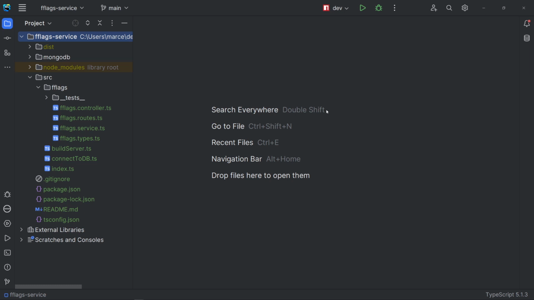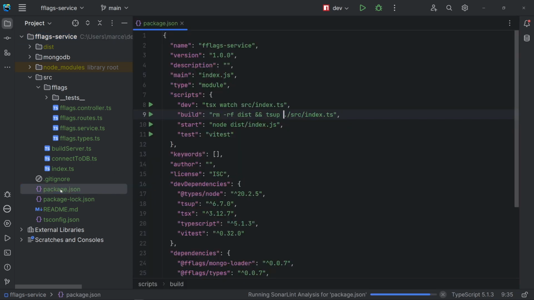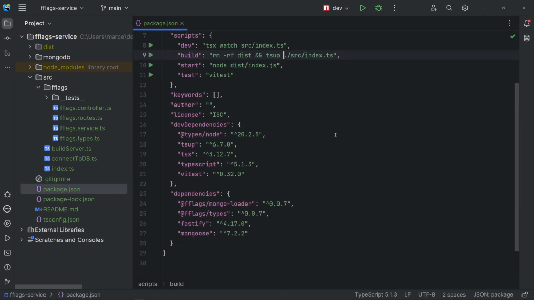Although the project is inside the same repository, note that it's outside the package directory. As it is not an npm package, we don't want it managed by Lerna. Let's open the package.json file first. In the dev dependencies, there are two new packages, tsx and tsup. tsx is an acronym for TypeScript Execute. It's based on esbuild, which means it's really fast, and it's an alternative to Node for running TypeScript and ESM directly. It has a watch mode, so with tsx, we don't need to transpile first and then use Node to